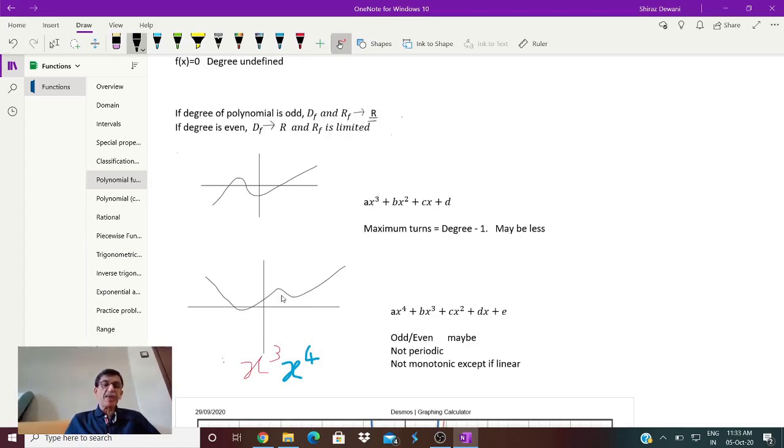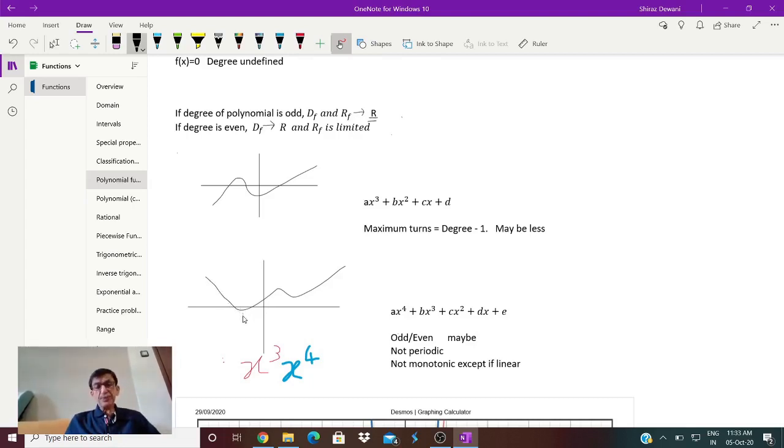That means it could be this or it could be somewhere else also, but there will always be a minimum level. It may be here, it may be here, but there has to be a minimum. The maximum could be infinity, but there will be a fixed minimum level. Here the domain is the entire range of real numbers, but the upper value of the range will be infinity,